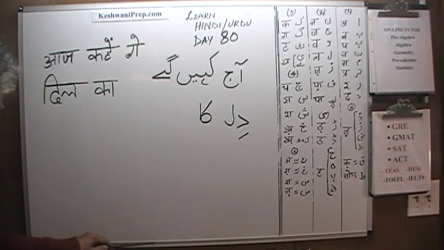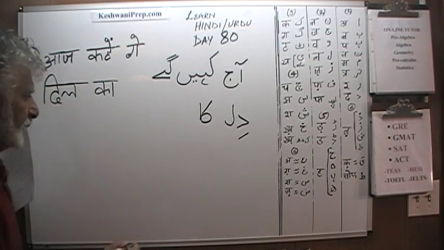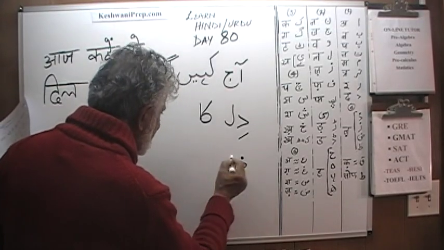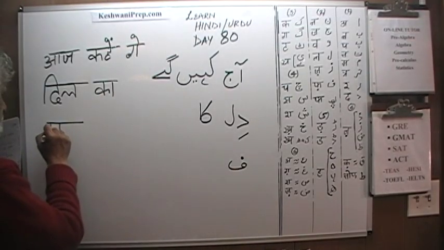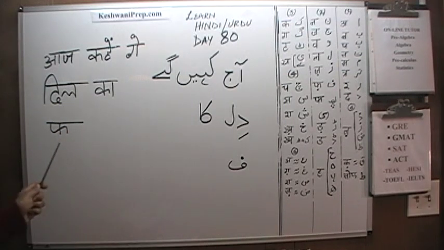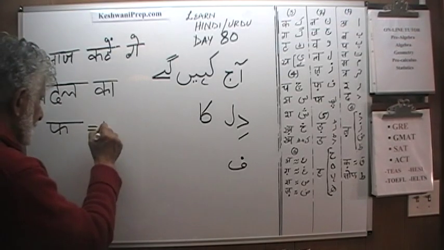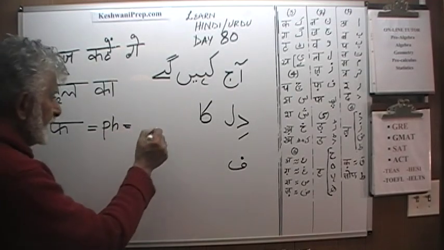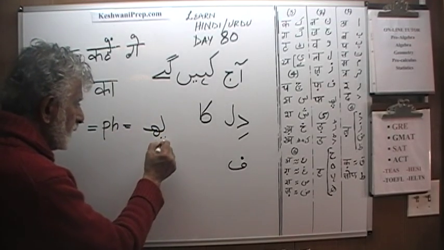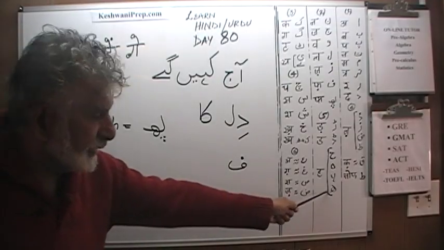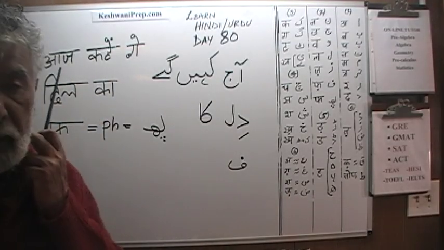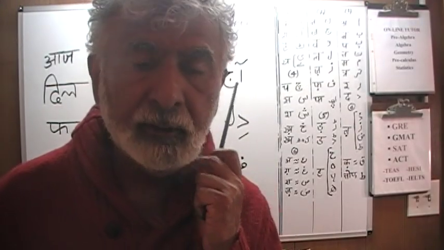आज कहेंगे दिल का फसाना. फे. Except the way it is written here in Hindi, fa. Listen very carefully. Let me just make sure I'm saying it right. Fa, the way it's written here, this fa is pha, which in Urdu you will write as pe and do chashmi he, right here. The spelling of the word that we are about to write, fasana or afsana if you like, the spelling of